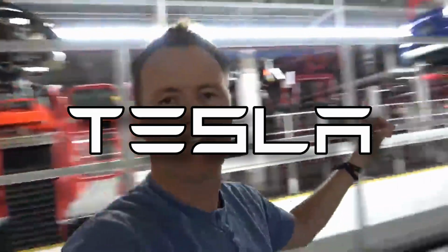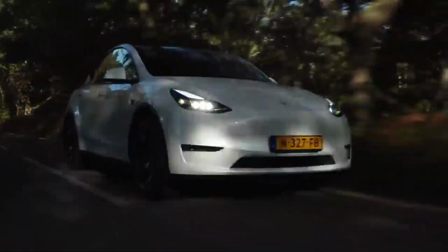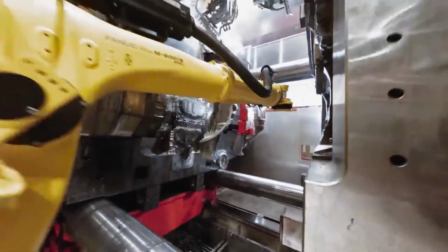Tesla has increased production at Gigafactory Texas to thousands of units per week, adding the Model Y long range to the standard range version. However, the automaker keeps information about its production ramp at Gigafactory Texas under wraps. In today's video, we are unwrapping the information for you, stating how the production speed will change the company's production